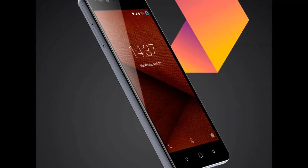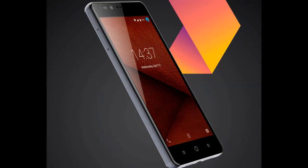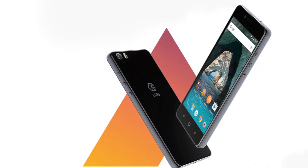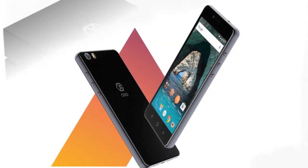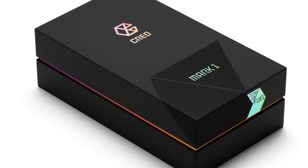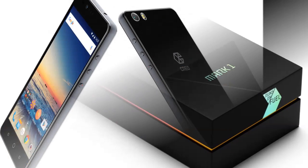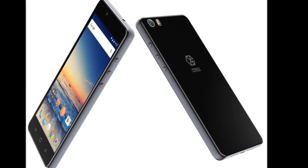Creo Mark 1 review. The Creo Mark 1, designed in Bengaluru, promises to be a new phone every month. When you think of it, that's a somewhat strange premise. The idea of a phone that gets better over time is appealing, but we'd prefer a really good phone today, please. We spent a lot of time with the Creo Mark 1, which launched on April 13th, including a month